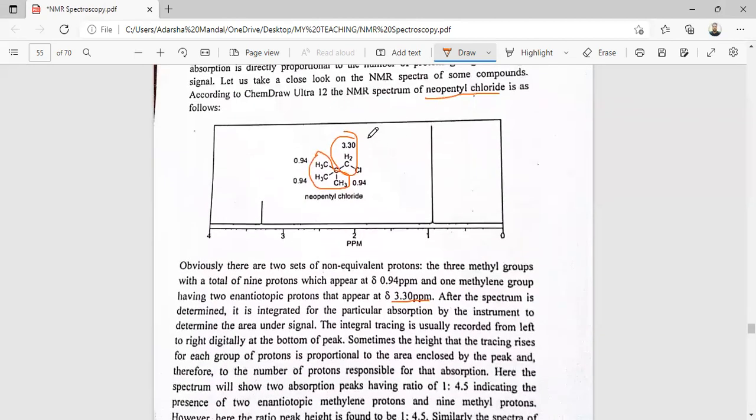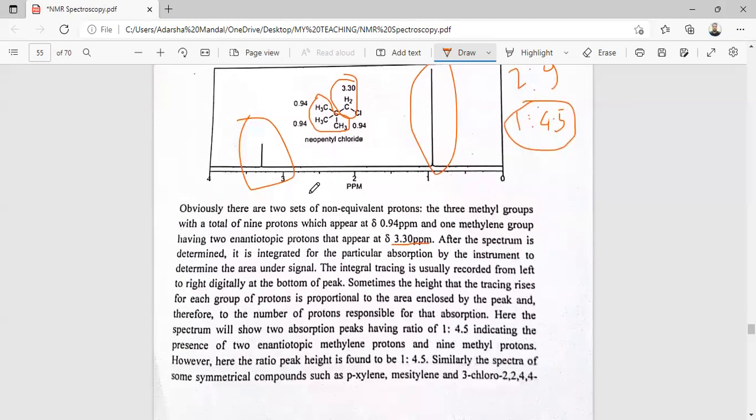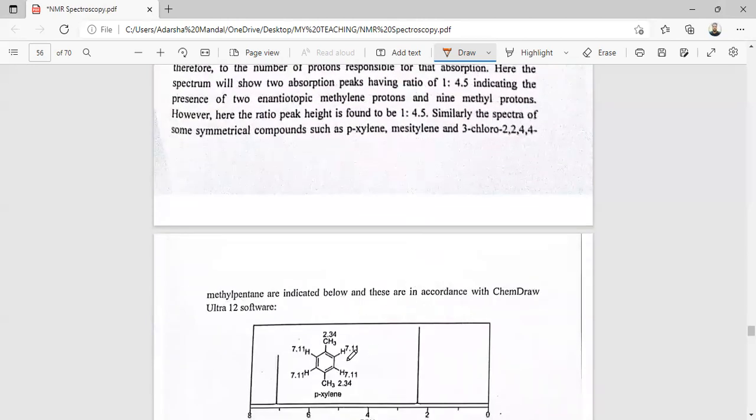So here these 9 protons come in this region and these 2 in the other. So here the intensity is 2:9. That means 1:4.5. So this is the ratio of the peak intensity of this compound. Similarly, for this compound,